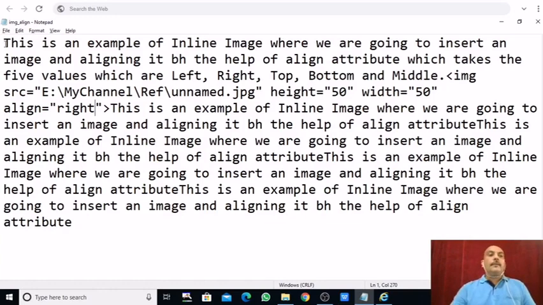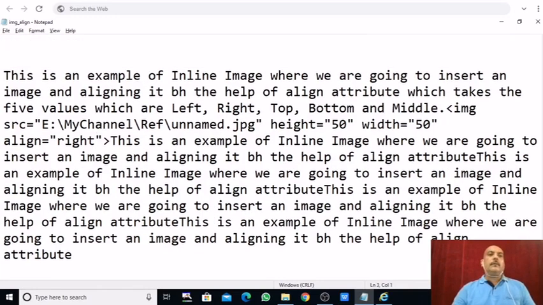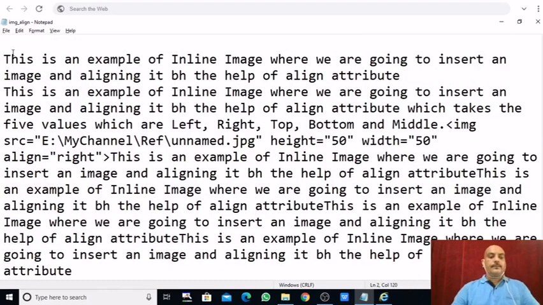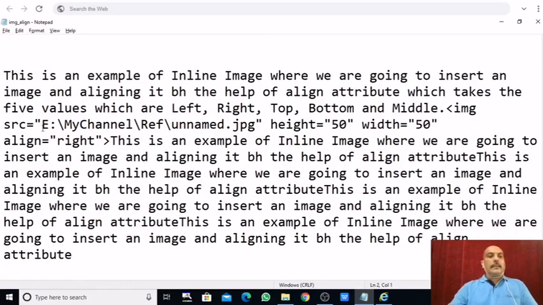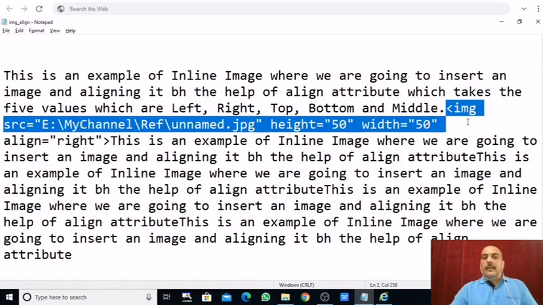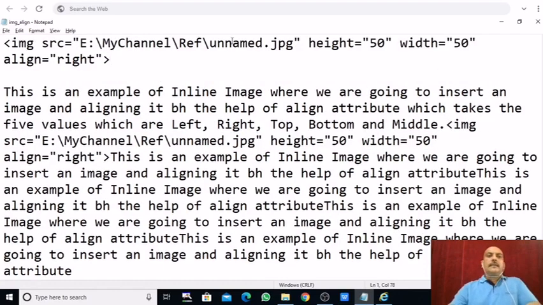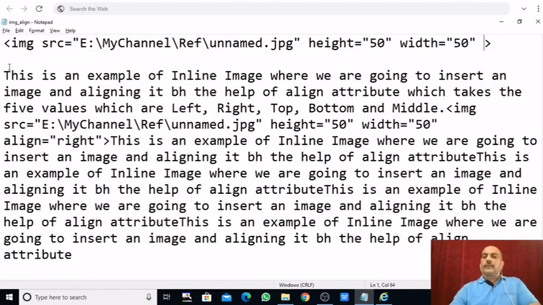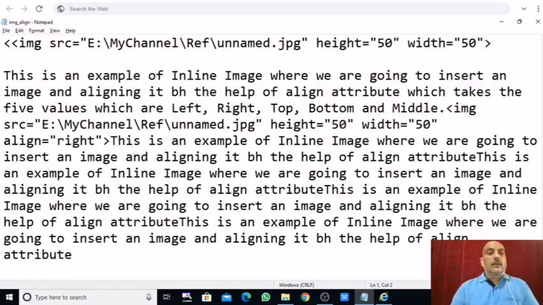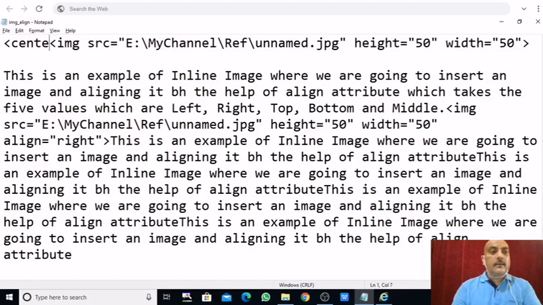So what I am saying, see, I am going to align one more image. I am taking this image as a reference. Here, IMG SRC, the same image I have taken, and now I am not using the align attribute. Instead, I will use the center tag.